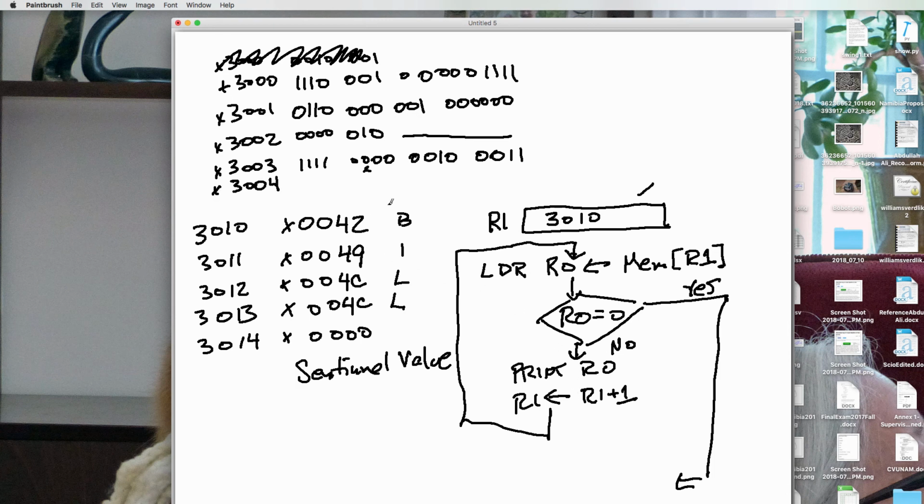Okay, so my add is 0001. I want to add it to R1, so that's going to be a 010. Whoops, that's a mistake. It's going to be a 001, 001, then it's going to be a 1, and it's going to be 1, 2, 3, 4, 5, and then